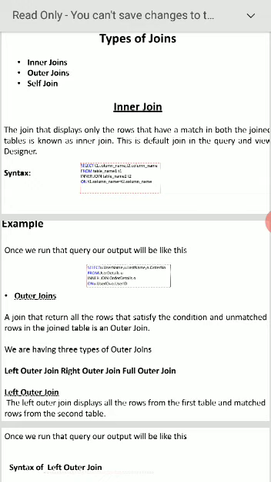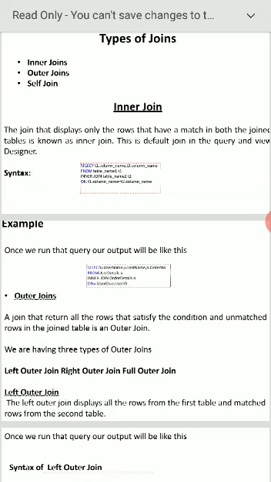It will display only the matched information in both the joined tables. For example, if common entries are stored, like Suresh Dasari, you will get them in the output.